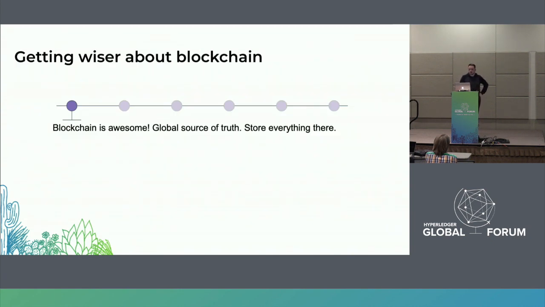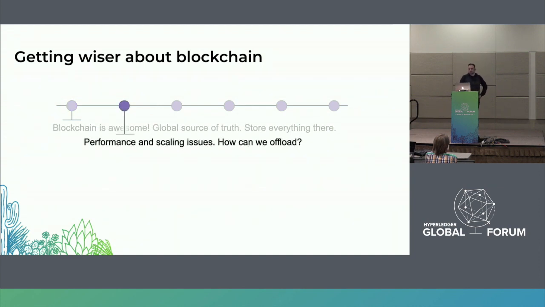And this is a diagram that I modified slightly from something that I shared at the last Hyperledger Global Forum in Switzerland. It's my own personal progression through arriving in the blockchain space. So when I first showed up in blockchain land, this was kind of how I thought about the world. Wow, blockchain is awesome. Why didn't I know about this stuff before? This is so cool. A global source of truth. It can store everything everywhere. And oh, cool, it's got the decentralized pixie dust sprinkled all over it too. So this is just perfect. And then evolved from that a little bit to, well, I have to admit there's some performance and scale issues with blockchain. So maybe we need to think about how we can offload certain things, okay?